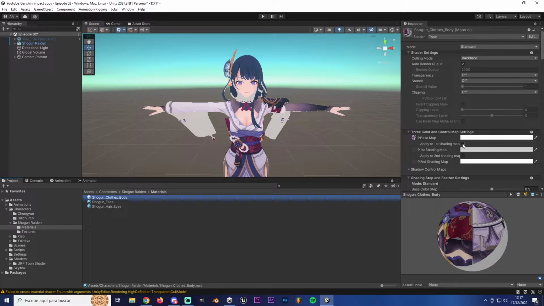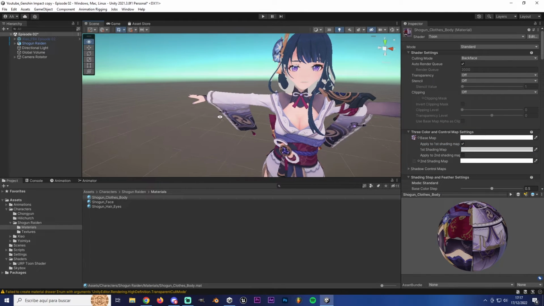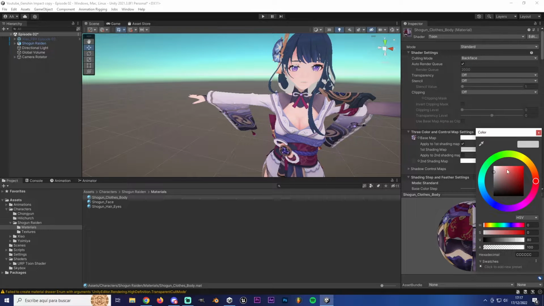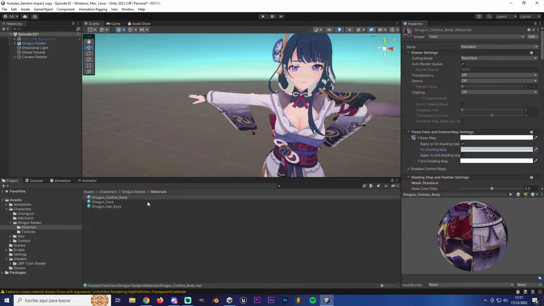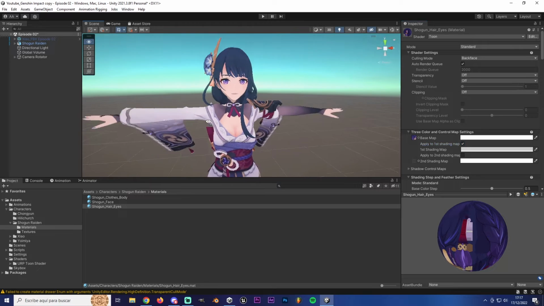So what you need to do is to apply a second color, and this color is for the shadows. If I select the red, you can see that this will be the shadows. Just select white, and I use 80 for this value. Do that for every other material, and you have